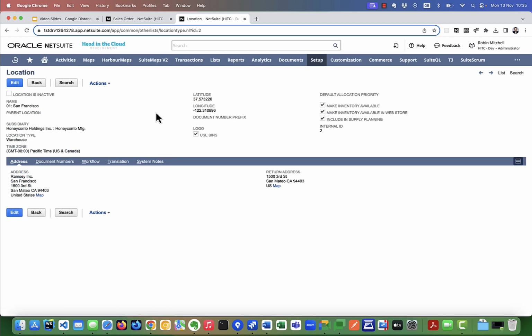I want to mention that when using Google's Distance Matrix API, you can choose to use it either with the latitude and longitude coordinates or just the text address. If you do have latitude and longitude on your records, it's better to use that. But in this example, I'm going to assume you don't have the coordinates, and we're just going to use the text address. So back on the sales order,